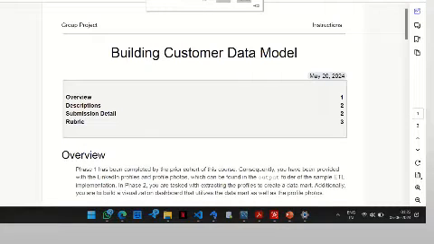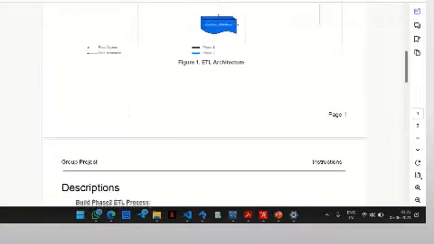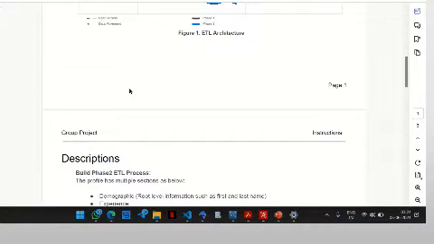Hey, now moving to the project. Our project is building a customer data model, where the first phase is done by our seniors, and we are working on phase two. Here, as you can see, they have given us 59 LinkedIn profiles, which are in JSON format,